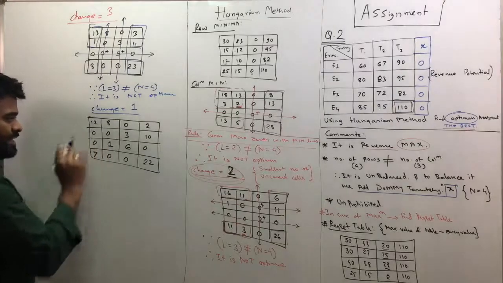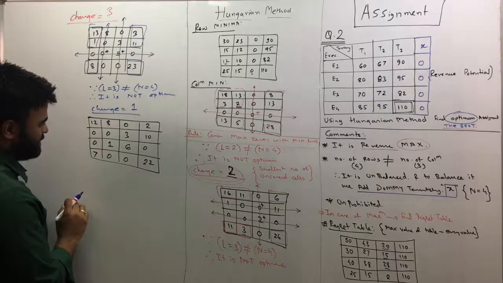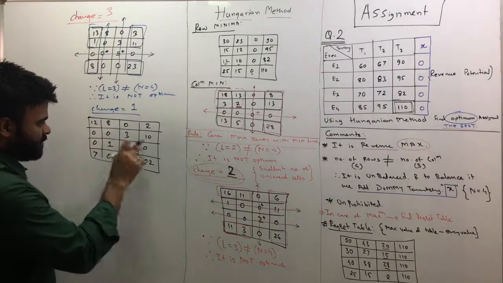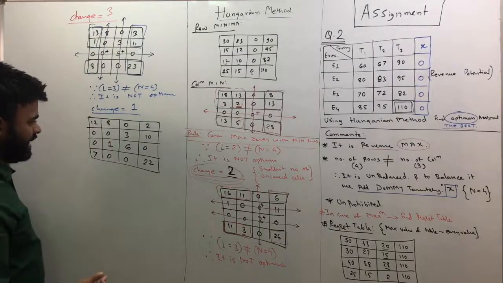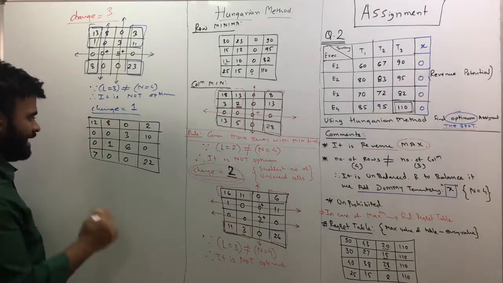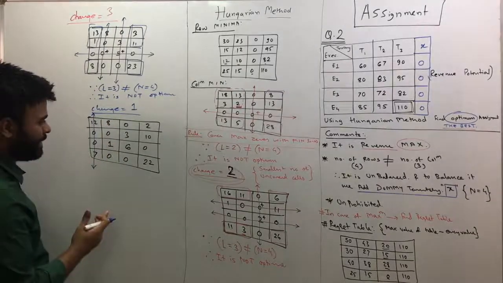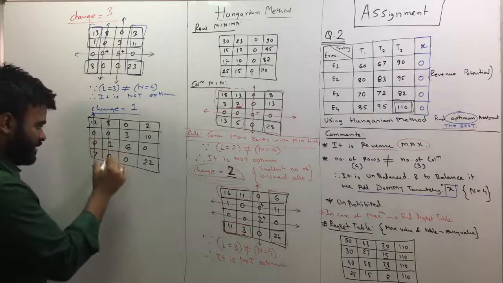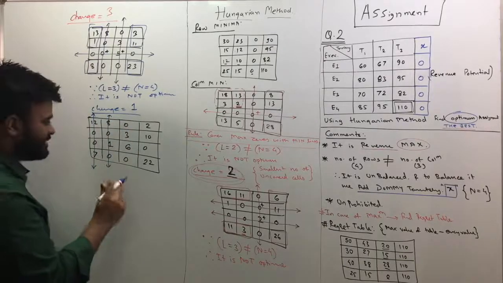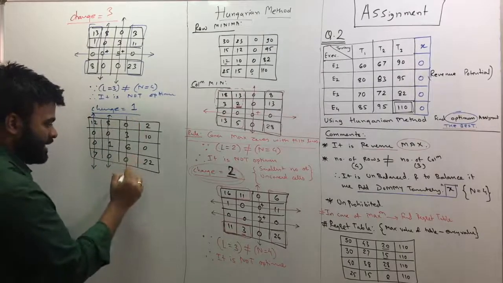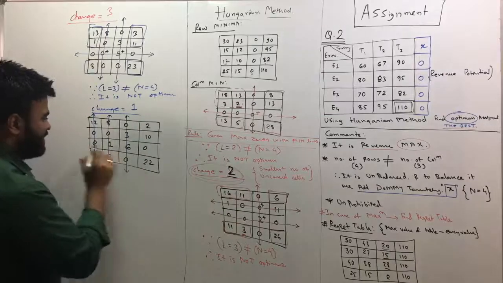Now I have a maximum of 2 zeros over here, 2 zeros over here, and 1 zero over here. I see it is over now. However I draw, supposing if I draw like this, I covered these two, that's the maximum I can cover. I can cover these 2 zeros like this, say vertical. I can draw whichever way I want. Just make sure to cover maximum zeros with the minimum lines,